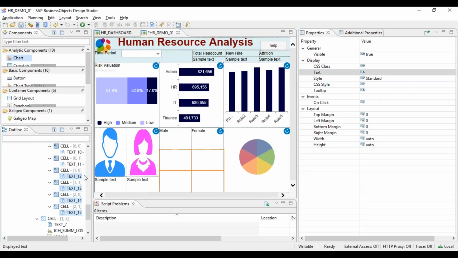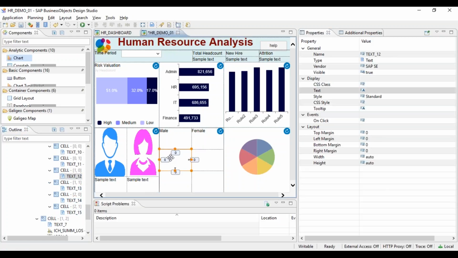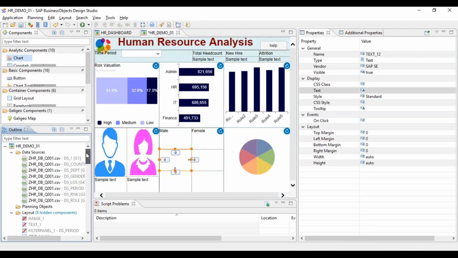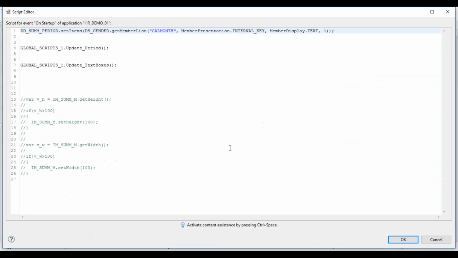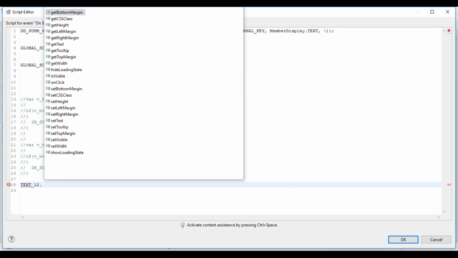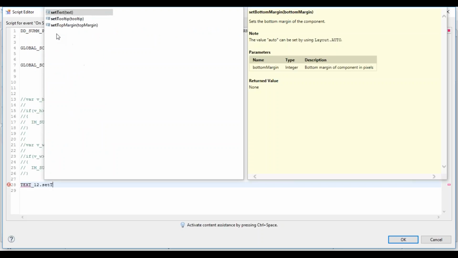So now in these text boxes, if you want to put some numbers, you can. This is text 12, right? You can say text 12 dot set text.